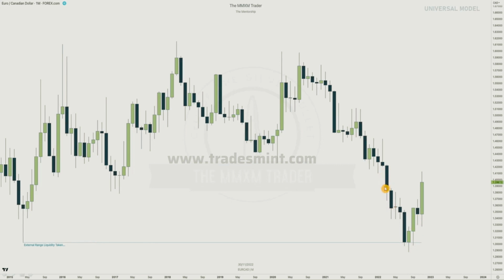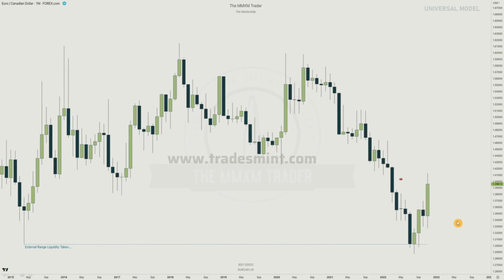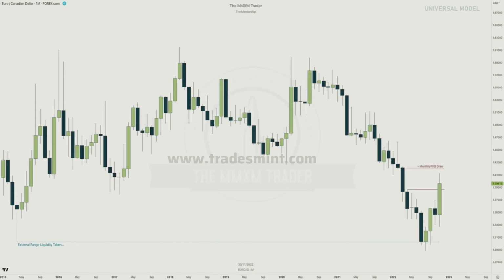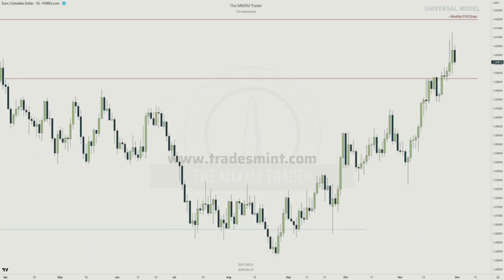We want to draw into this internal range monthly fair value gap. This is where our eye goes to, and this is where our bias is for the draw on liquidity. So that monthly fair value gap draw, going in from a long-term perspective, right? Think about those time frame alignments. We're going to go to our intermediate term perspective, which on this occasion is